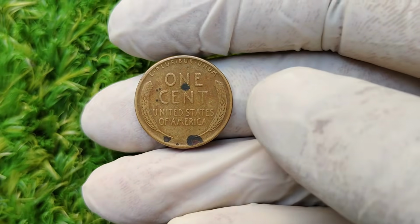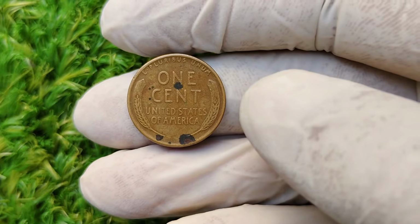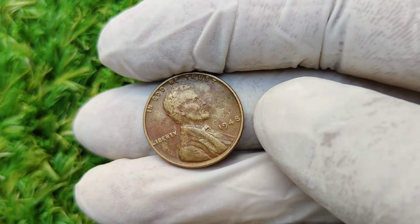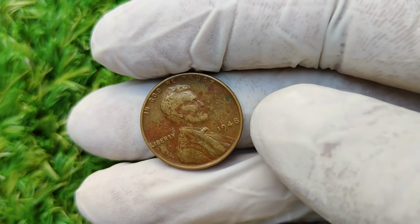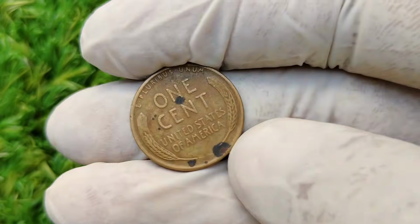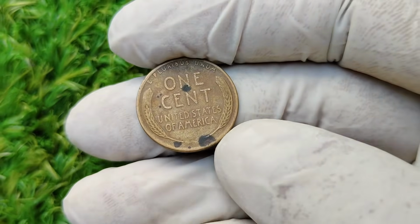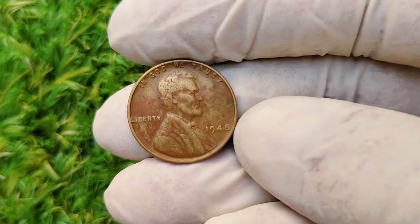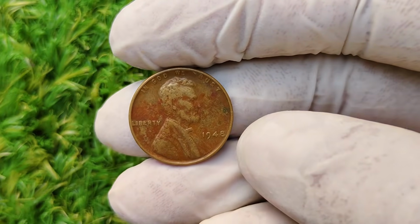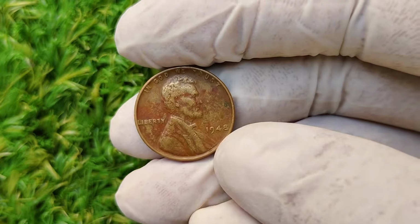The penny was introduced during a period of great change and transformation in the United States. The nation was still grappling with the rapid industrialization of the early 20th century, the aftershocks of the Great Depression, and by 1909, the country was beginning to take steps toward a modern economy. In the midst of all this, the Lincoln penny emerged, standing out not only for its design but also for